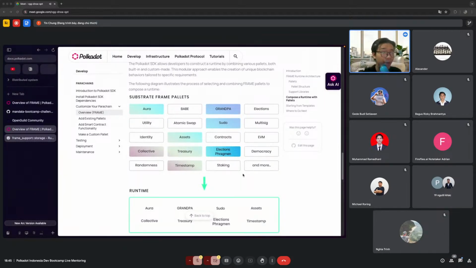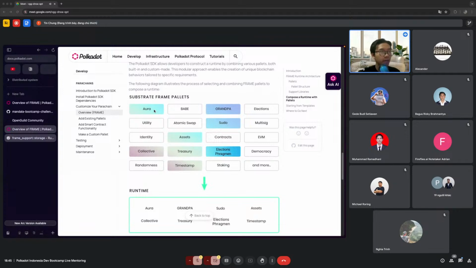or you also have pallet Aura. So pallet Aura is the block production pallet, following the round robin mechanism. So you want your blockchain to produce a new block in a simple way.